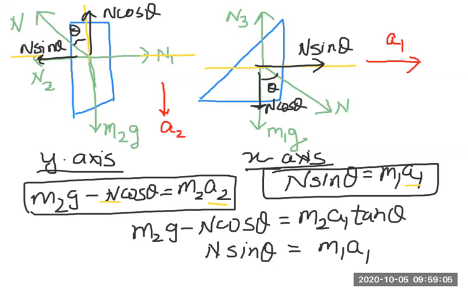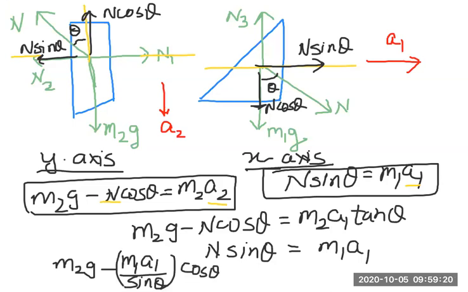simultaneous equations. So I can rewrite this as M2G minus N, I'm putting the value of N here, M1A1 upon sin theta, into cosine theta is equal to M2A1 tan theta. And I have to take that M1A1 onto the right hand side, and I will get